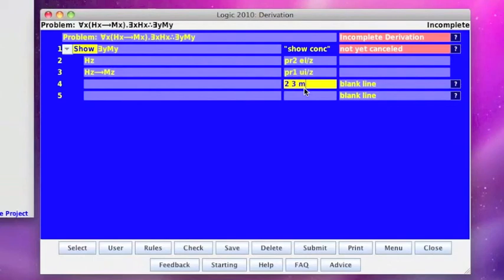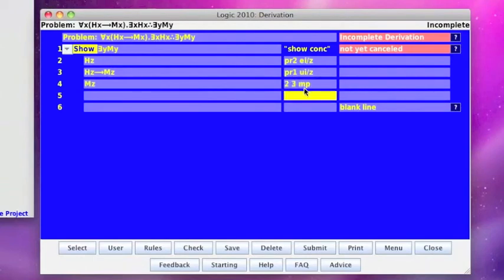2, 3 modus ponens. Basically, as I said earlier, I saw I had h of x. I had h of x arrow m of x. I just had to get the right variables. Now I have the right variables, I can apply modus ponens, and now I can do existential generalization. I'll